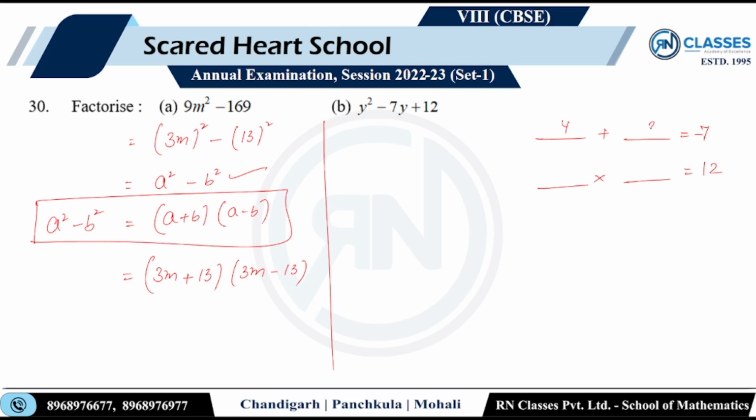Yes बनेगा. 4 and 3 मैंने numbers choose कर लिए. दोनों numbers should be negative, right? तो minus 7 बनेगा. So y square minus 4y minus 3y plus 12. So y common, y minus 4, minus 3 common, y minus 4. फिर से y minus 4 common,